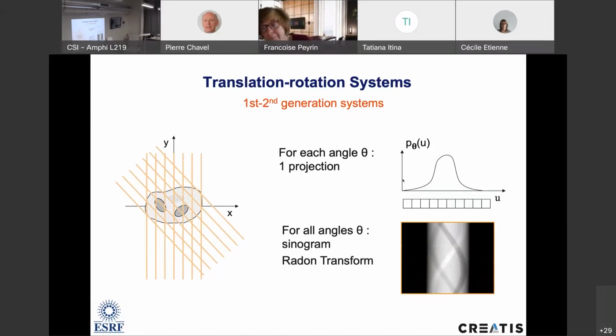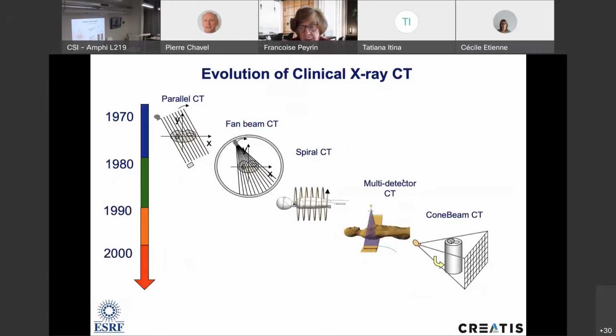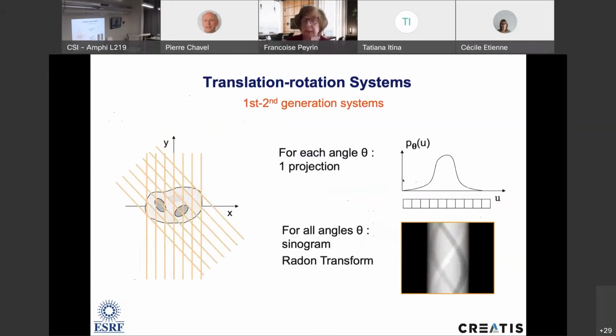This set of data in tomography is called the sinogram. From a mathematical point of view, it's also known as the Radon transform. And then from this set of measurements, which is not the image, obviously, you can get the image by applying a so-called reconstruction technique. So these are the basic information from which you will get the image of the section.